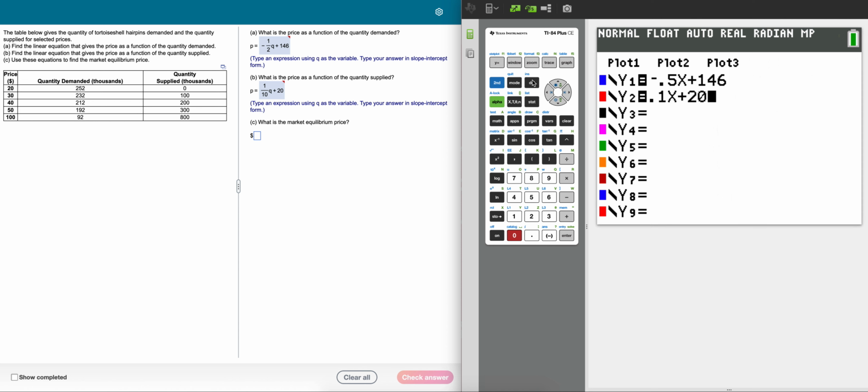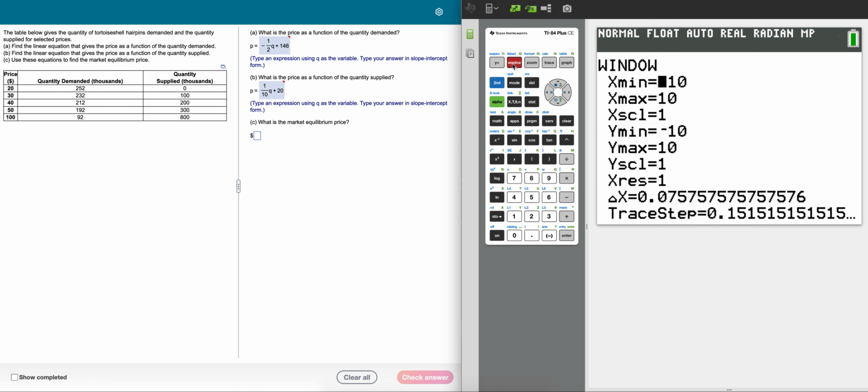Now, before I graph these, I want to set my window. So X is going to represent the quantity. So if you look, when we're talking about the quantity, we have values that go as high as 800, okay? So I'm going to set my X min at 0 because you're not going to go below 0 demanded. And I'm going to set my X max all the way up at 800. The Y's represent the price. So you can see the price goes from 20 to 100. I'll start at 0 and I'll go up to 100. You could set your Y min at 20. I've just gone ahead and gone from 0 to 100. Now when I hit graph,